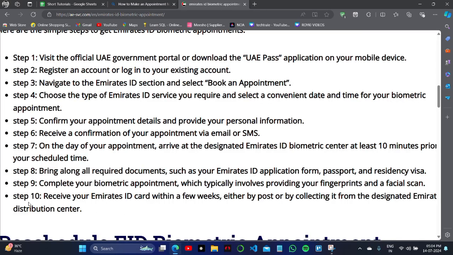Then you will receive your Emirates ID card within a week, either by post or by collecting it from the designated